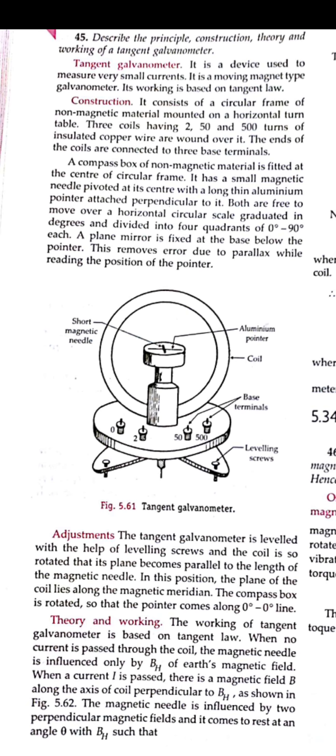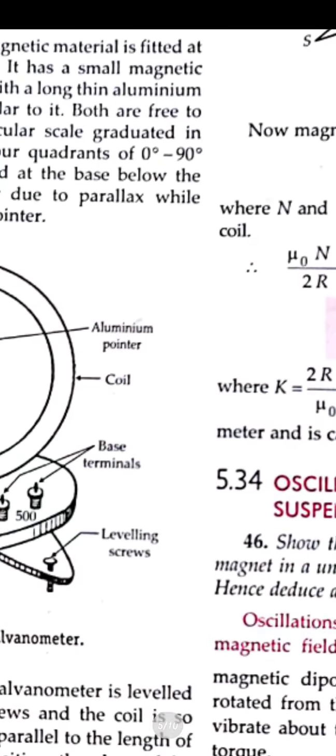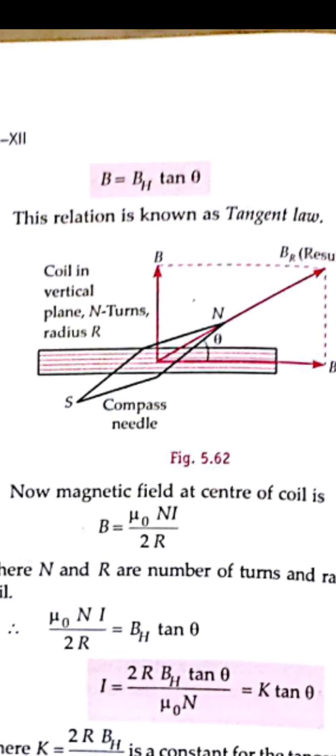So from there you can see also, and with the leveling screws we can level it on the surface also. Okay, so now see mathematically what the formula is. This one I have shown you, that the tangent law will be B equals BH tan theta. What we can say is that in the tangent law, theta will be between the horizontal and the magnetic field, that is the two perpendicular components. So here the Earth's magnetic field will always be there, and if you take the small current carrying coil, then the magnetic field is also there.